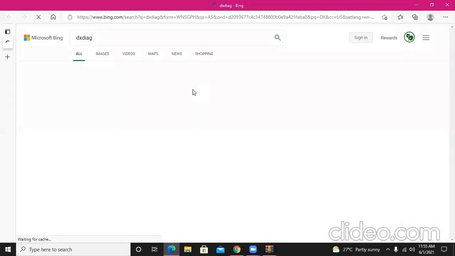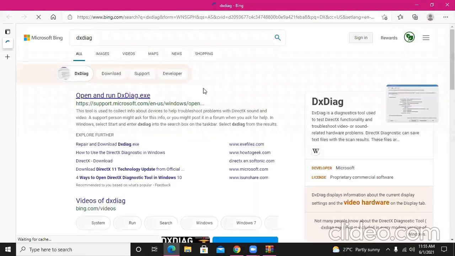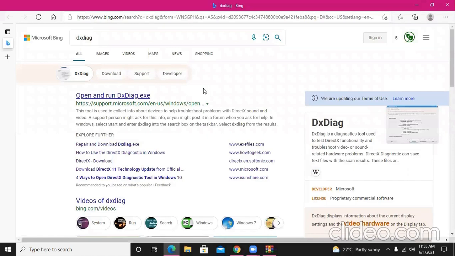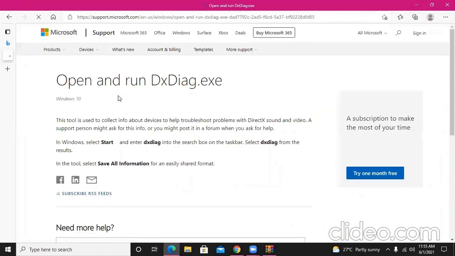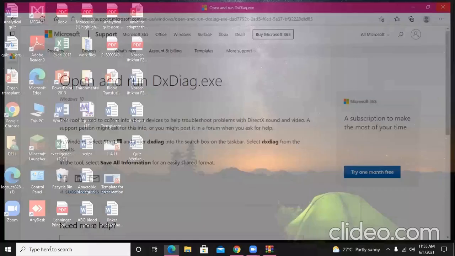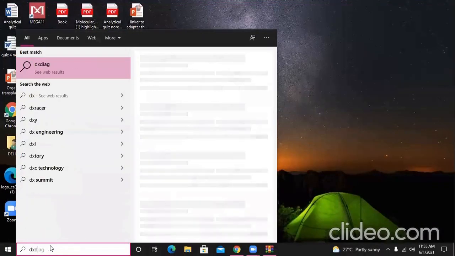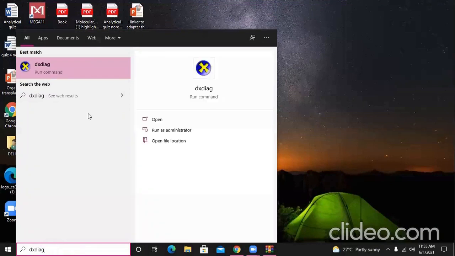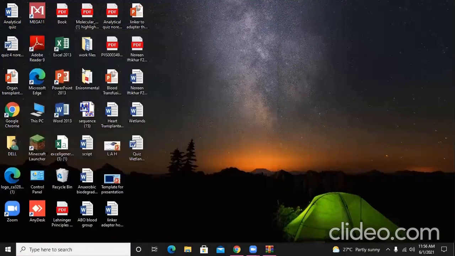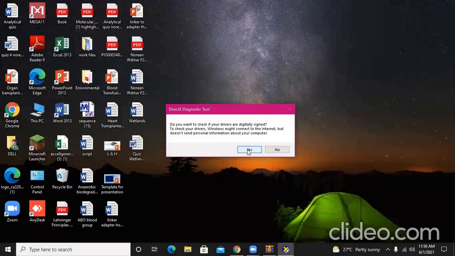अपना सिस्टम देख लें कि ये क्या है। ये तो ऑनलाइन चला गया है। हाँ, इसको क्लिक करें, इसको ओपन एंड रन DXDIAG। नहीं, इसको क्रॉस करें, ये तो उसमें चला गया, DXDIAG वहां दोबारा लिखें, DXDIAG, और अब क्लिक करें, हाँ ये ऊपर रन कमांड, दिस वन एग्जैक्टली, यस।